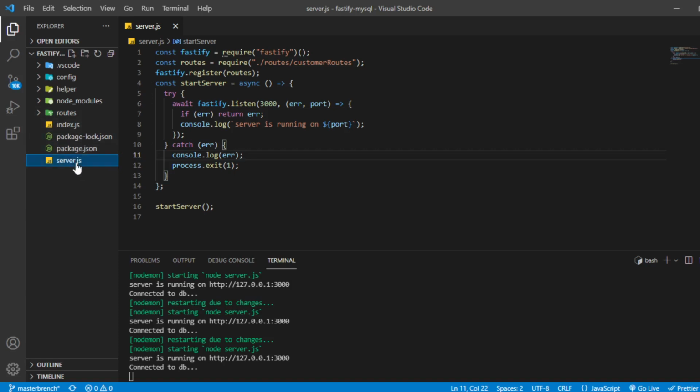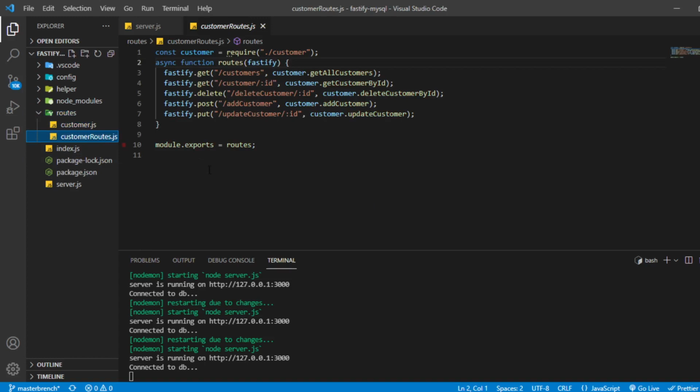Our files were server.js and routes and customer routes.js. So these are the endpoints, and if you see these endpoints, slash customer and then id, before customer you want to add something that is related to customer only. So I'm going to tell you how you can do that.